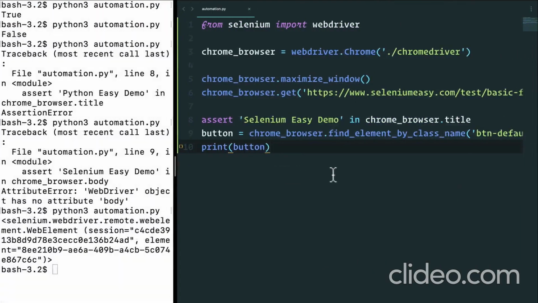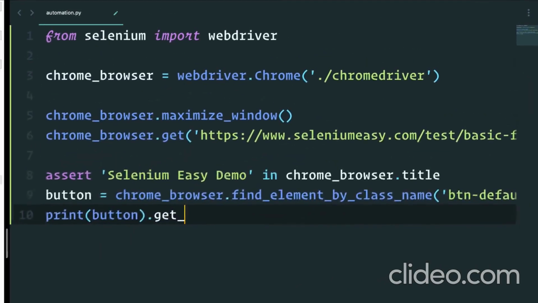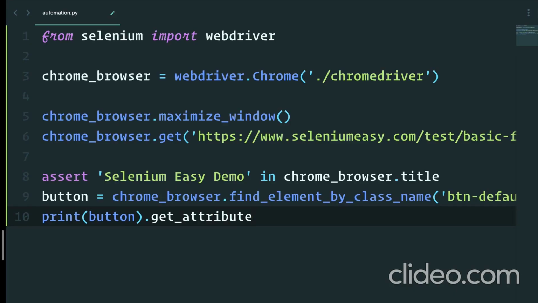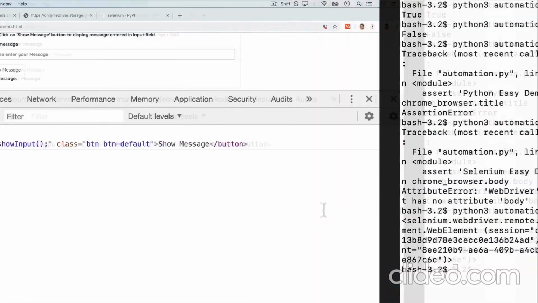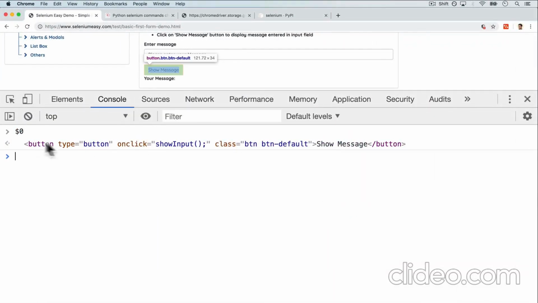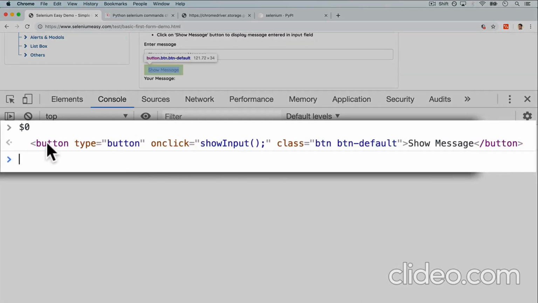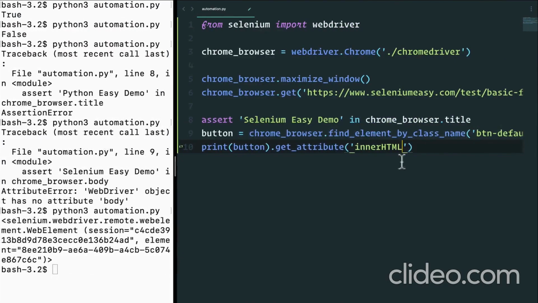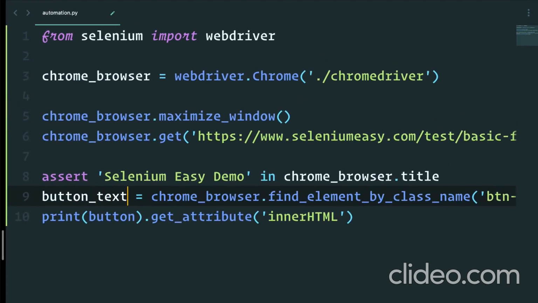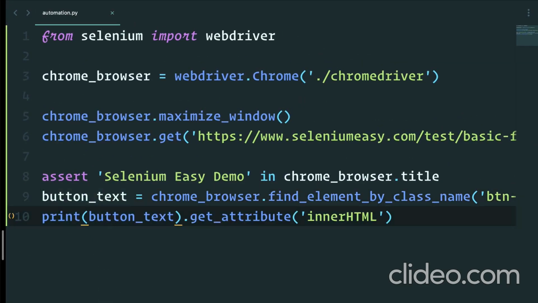One of the ways is to say something like get attribute and an attribute called inner HTML. Now, inner HTML is simply going to grab whatever is between inside of this HTML, which is the button, and then you can see over here that the button's closing. So we want to grab the show message. If I do something like this, let's say we call this button text, and we print the button text. If I run this,